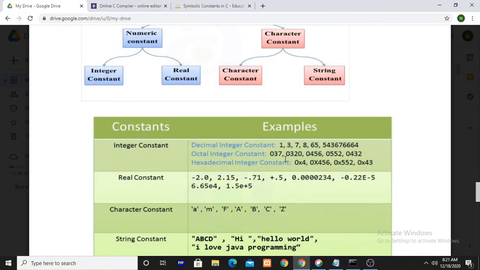Hexadecimal means the digits from 0 to F. So 0 to 9, after that A, B, C, D, E, F. A refers to 10, B refers to 11, C refers to 12, like that F refers to 15.